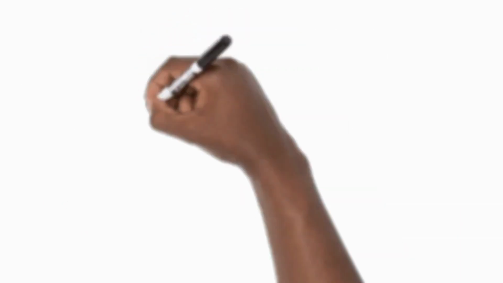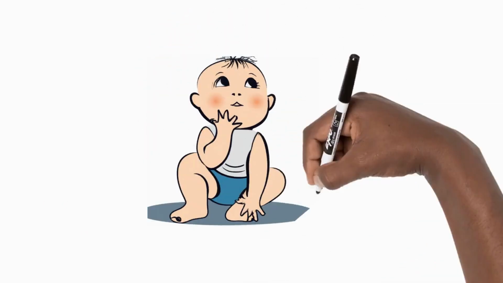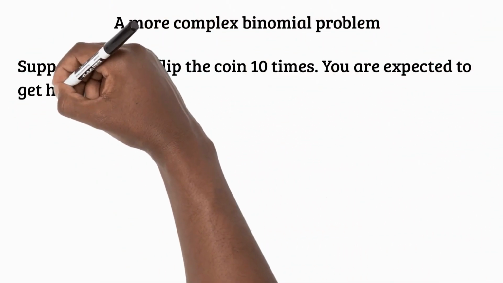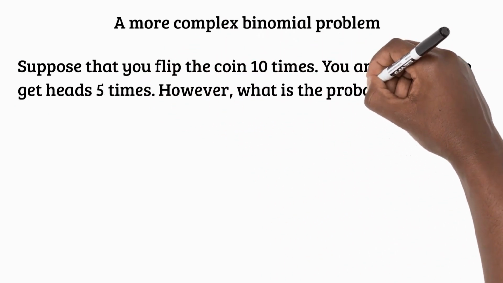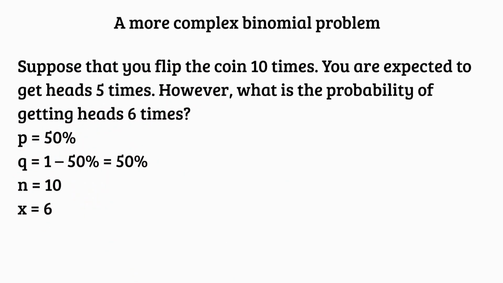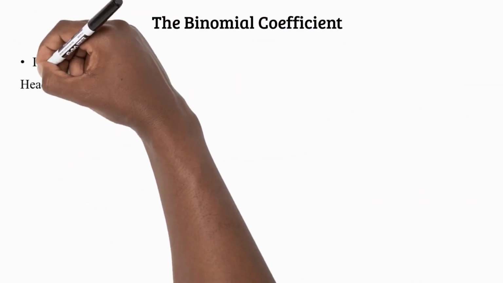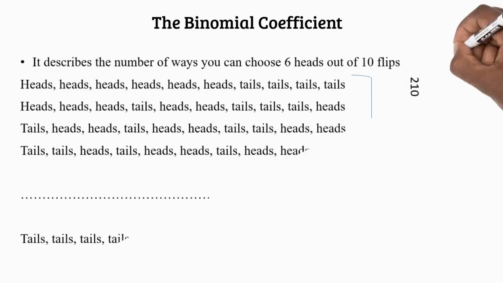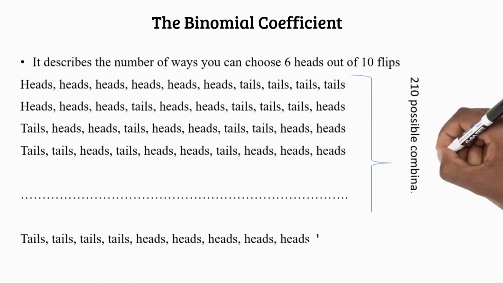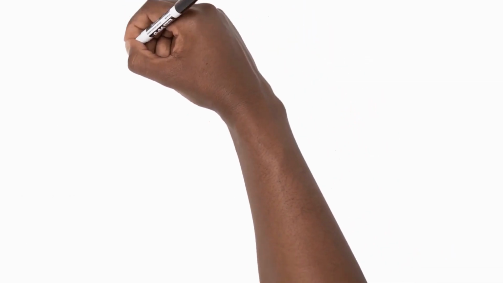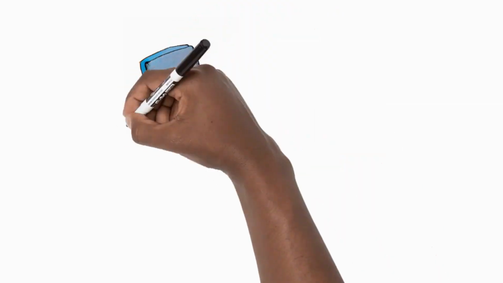Now let's add some complexity to our problem. The child is wondering, if I flip the coin 10 times, what would be the probability of getting heads exactly 6 out of 10 times? In other words, n is equal to 10 and x is equal to 6. The child is thinking that it must find how many ways there are that you can choose 6 heads out of 10 flips. It reviews all the potential combinations, counts them one by one, and finds that there are 210 such combinations. However, the child thinks that it needs a formula, as it cannot count so much every time it has to deal with such a problem.